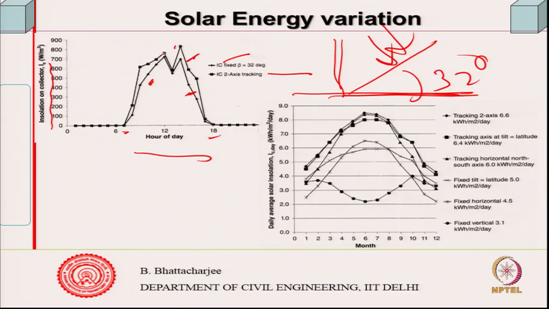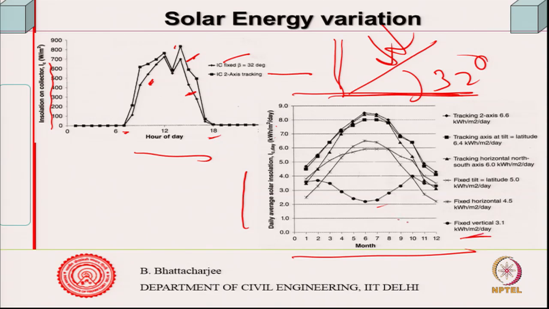So, you can make it automated. If you look at this set of graphs for various months, daily average direct solar radiation, kilowatt per meter square per day, let us say,